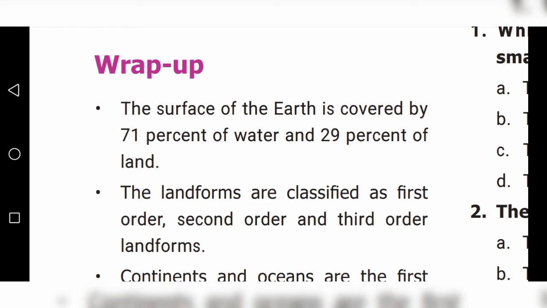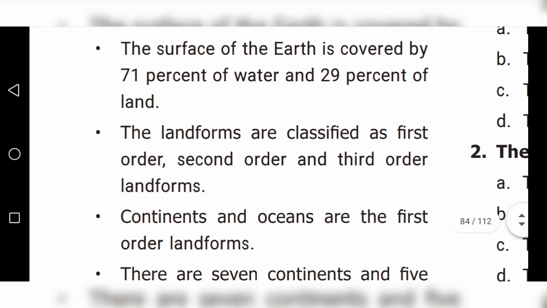Next, children, recap. Now, what are the points we have studied in this lesson? Now, we are going to see shortly. First point, the surface of the earth is covered by 71% of water and 29% of land.